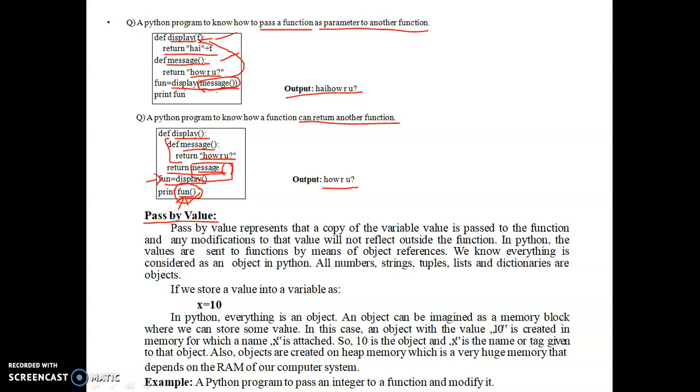The parameters used in the calling of the function are called actual parameters, and the parameters used in the function declaration are called formal parameters. If the actual parameter value is copied to the formal parameter, that is called pass by value. And after copying this value, if you are doing any changes in the function,